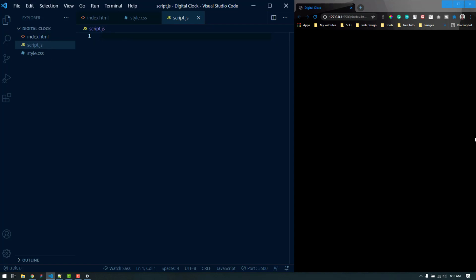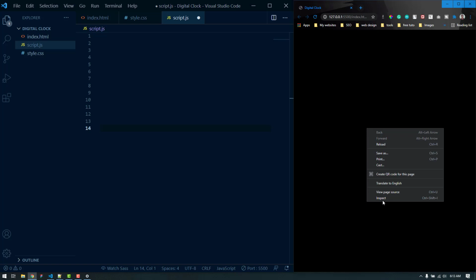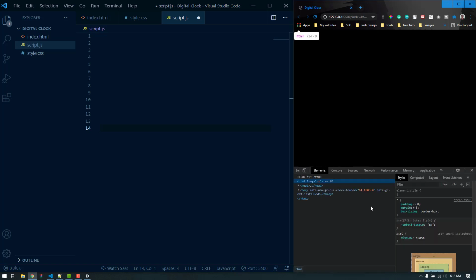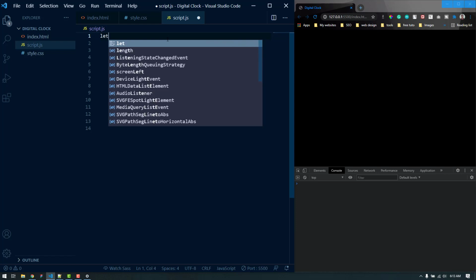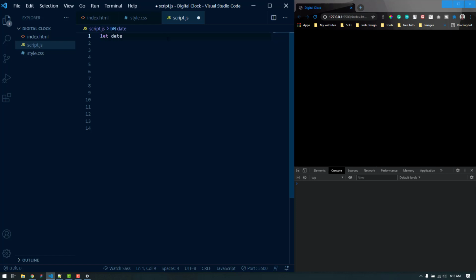So in here we are going to display our digital clock. Let's inspect it. We are going to go over the console for something. Now let's talk about the JavaScript date object. I'm going to declare a variable here, let date.